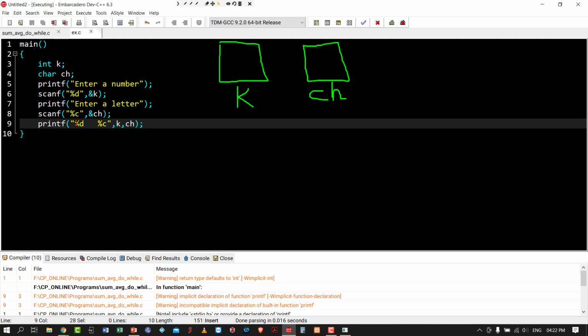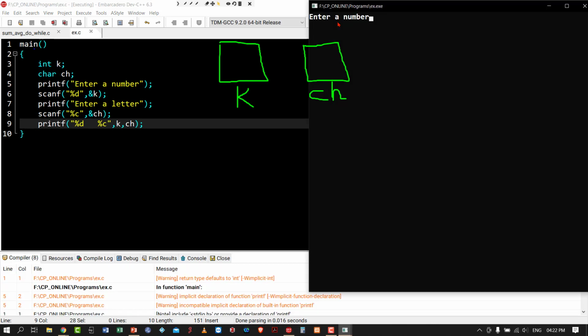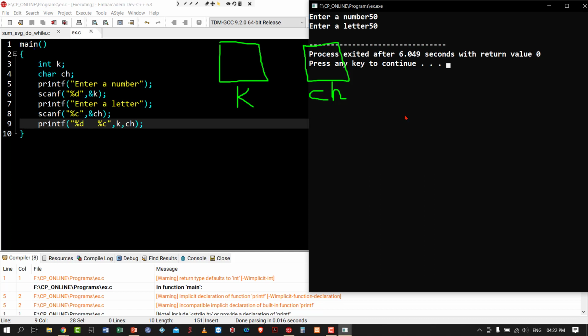So it's a very simple program to read a number and read a character and display that number and a character. I'm executing that program. As expected, enter a number is coming. Then I'm entering 50.